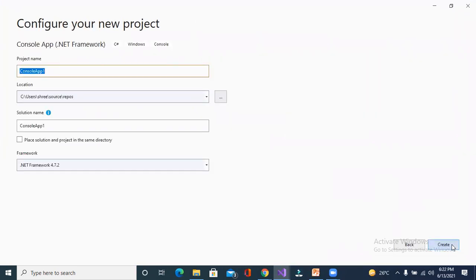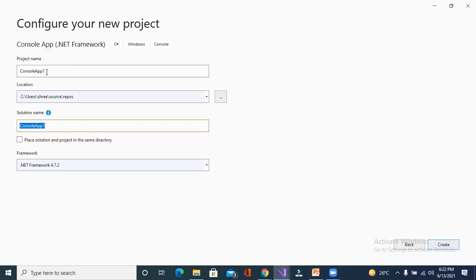I clicked on next. Here you can see again there are two options: project name and solution name. If you want to give a different solution name, you can give. If you will not give the name of the solution, by default your project name and solution name will be the same. Getting my point?